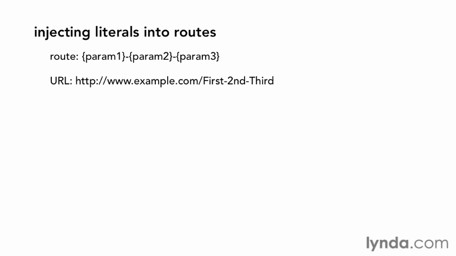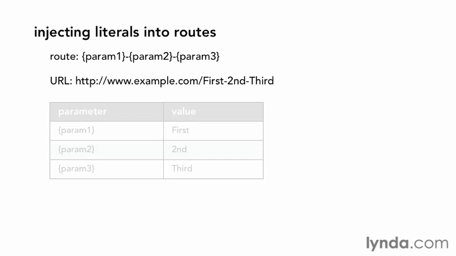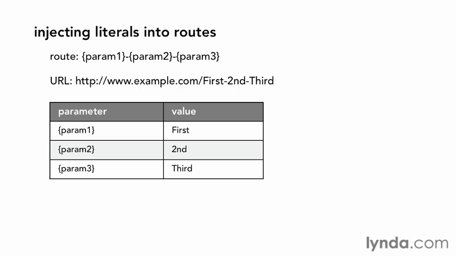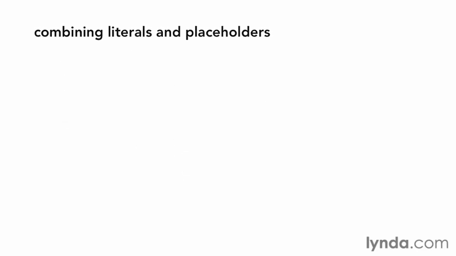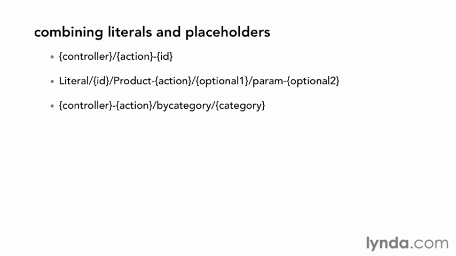When put into action, this pattern is able to parse this URL into these values. As these routing pattern examples demonstrate, route patterns can be as short or as long as you'd like. Likewise, both literal values and placeholders can live pretty much anywhere within the URL, so all 3 of these examples